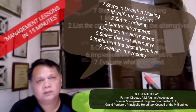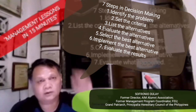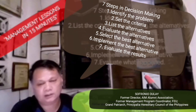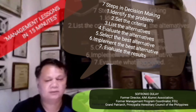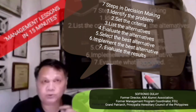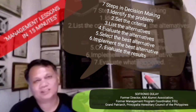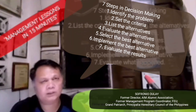And then, at that point, that's already decision making. No? The moment you chose, you already decided. So, from step 1 to step 5 is decision making. Then, implement the decision. Okay? Because if you do not implement the decision, it's a waste of time again. It's a waste of time and resources. So implement your decision. Well, the implementation could